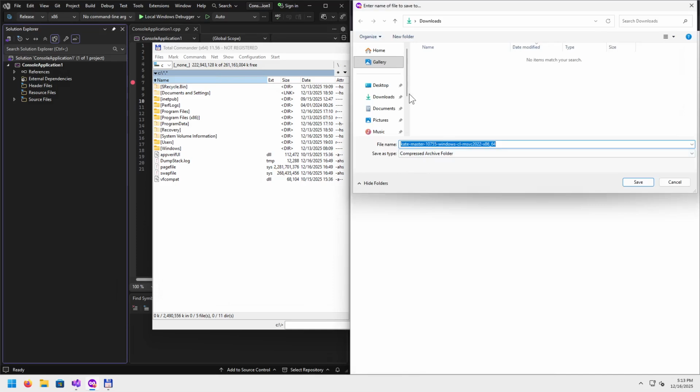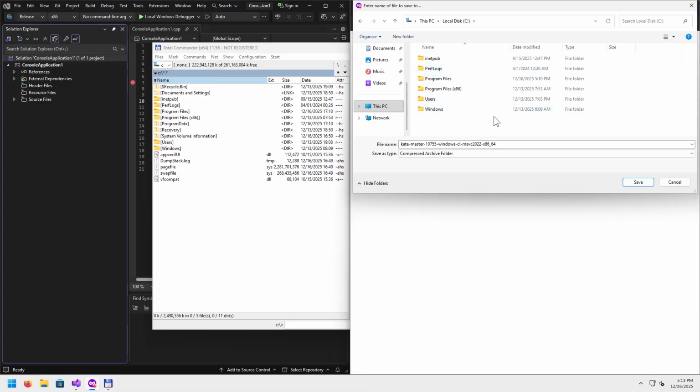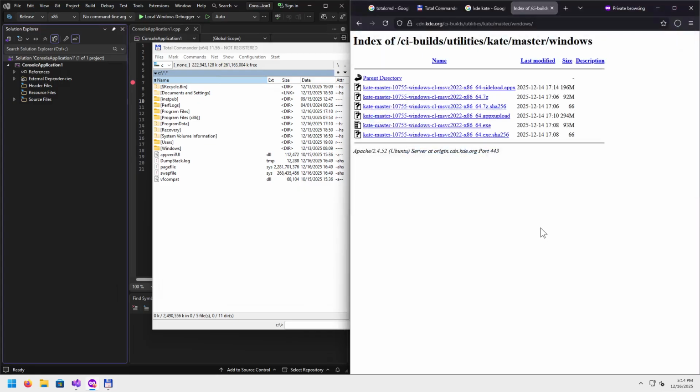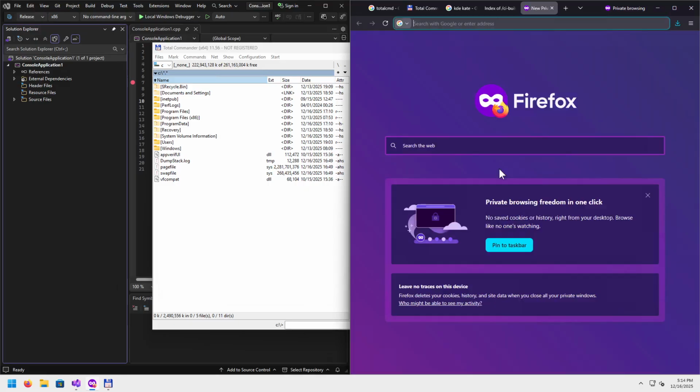And I'm going to have a number of directories in my C: drive. First of all, C:\temp, and then C:\temp\bin. This is not an installer, it's just an archive, and we're going to extract it. I'm not sure if we have 7-zip yet. We totally should. It's a development machine, Windows 11 Pro. So we totally need